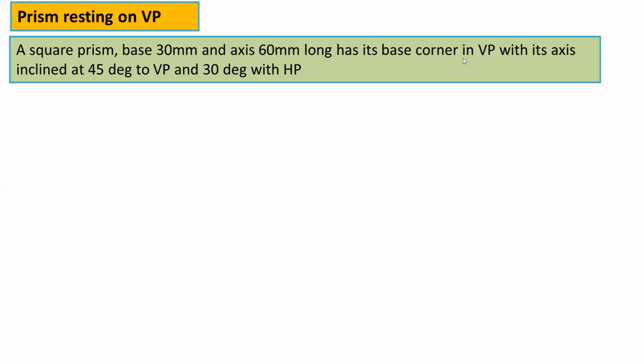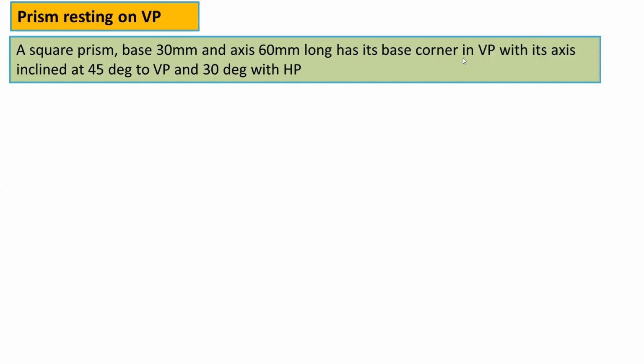Okay, note down this second problem. So it is again a prism, but here the prism is resting on the vertical plane. So the problem statement is: a square prism, its base is 30 mm and the axis is 60 mm long, has its base corner in the VP. That means the prism is resting on its base corner on the VP with its axis inclined at 45 degree